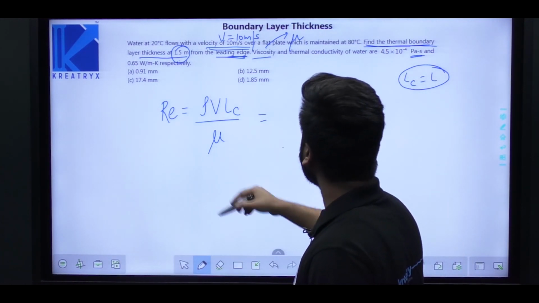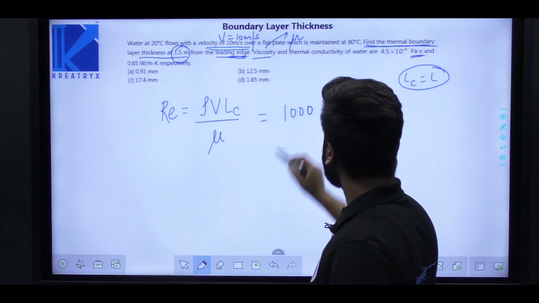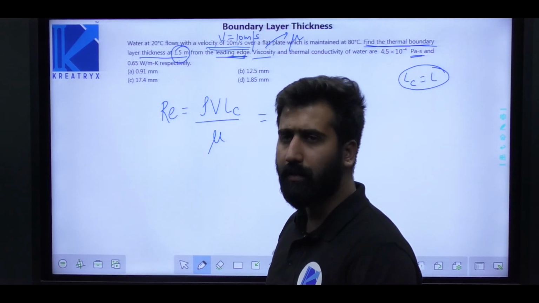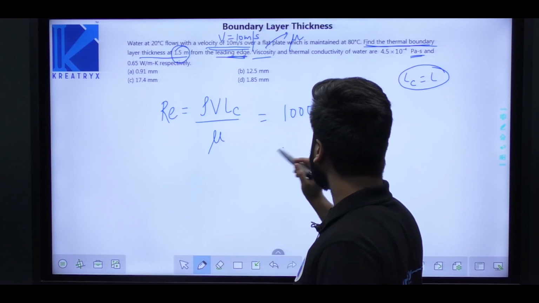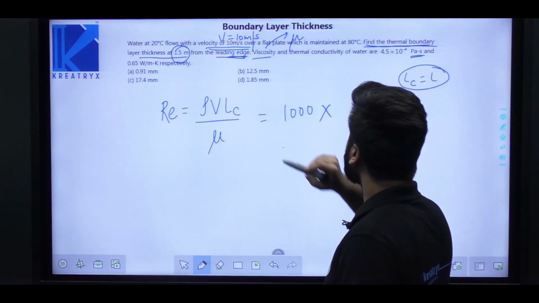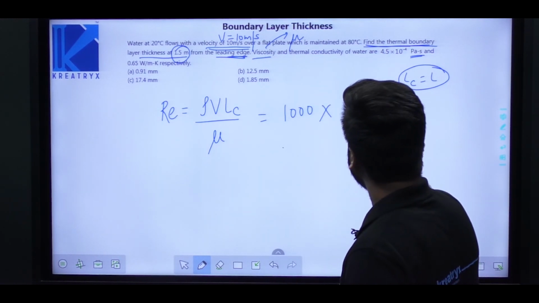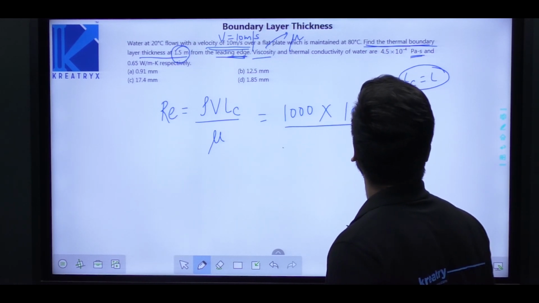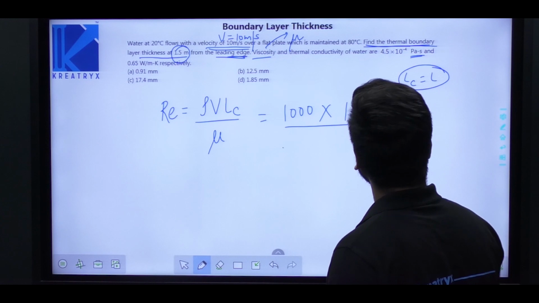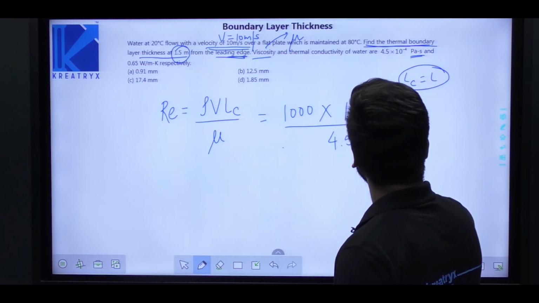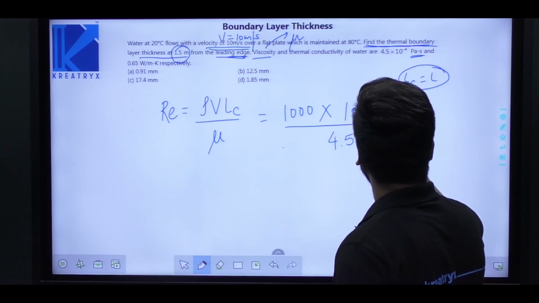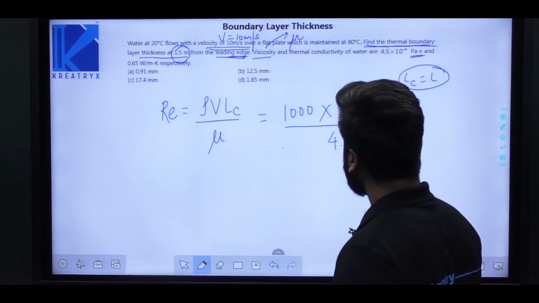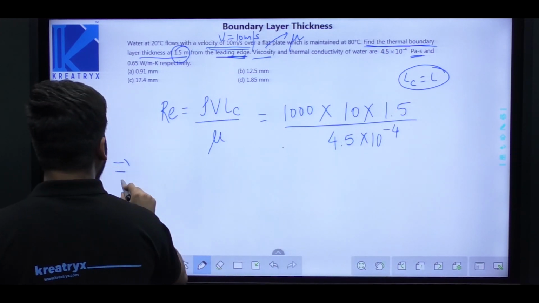Rho, water is flowing, so take rho as 1000. However, in the question the density of water will also be given. So 1000 into V, which is 10 meter per second, and Lc is 1.5 here, and mu. What is this mu? Mu is 4.5 into 10 to the power minus 4 Pascal second. So when you solve it, Reynolds number will be equal to the